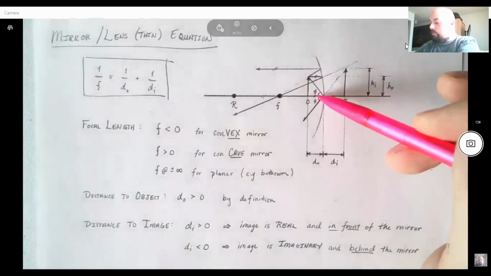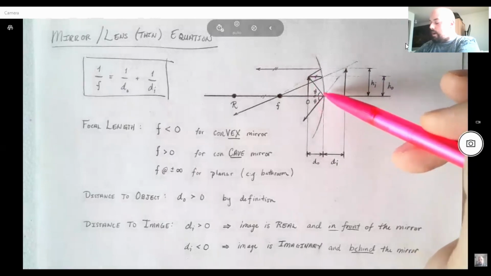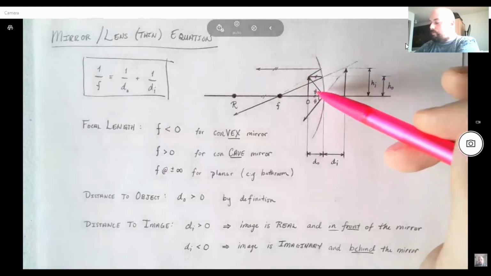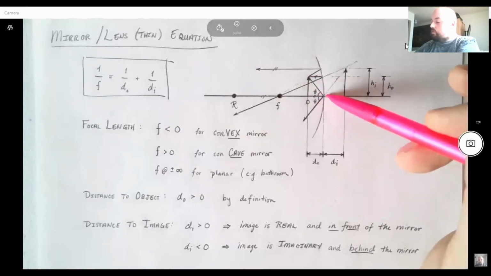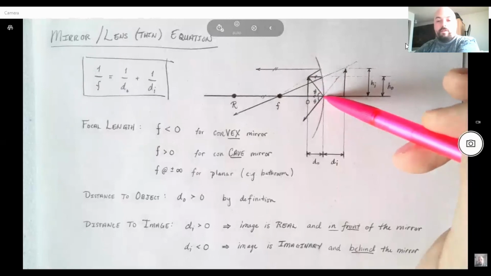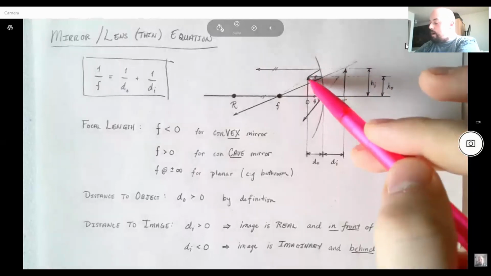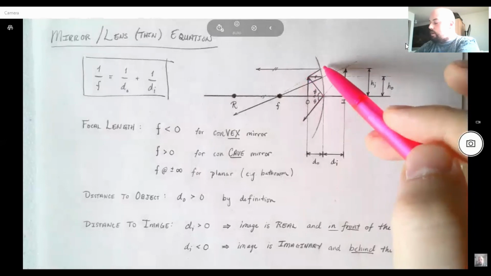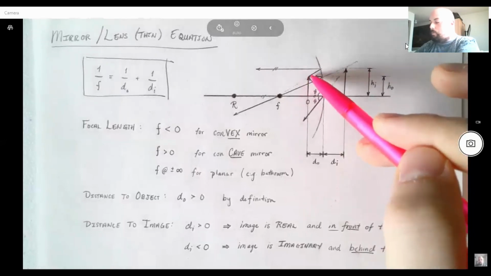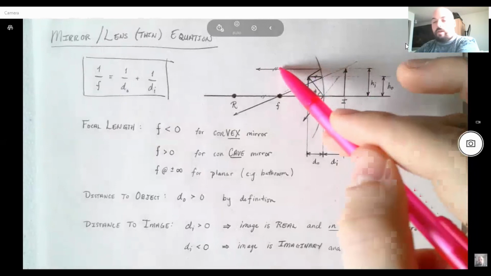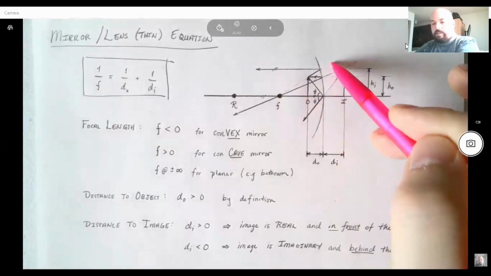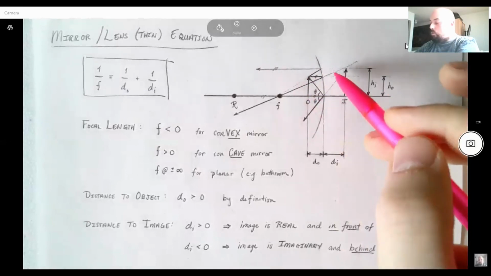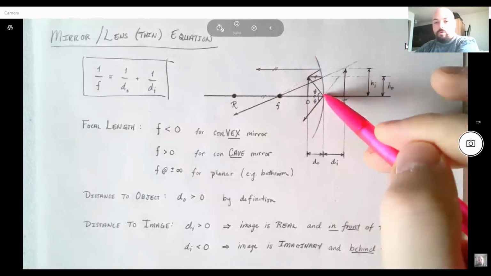Its incident angle is given as the angle that is formed by the ray and the normal to the surface of the mirror itself. So if we bisect all of these angles that are formed by the incident ray and the reflected ray, we will find that the line that bisects these angles will always be normal to the surface